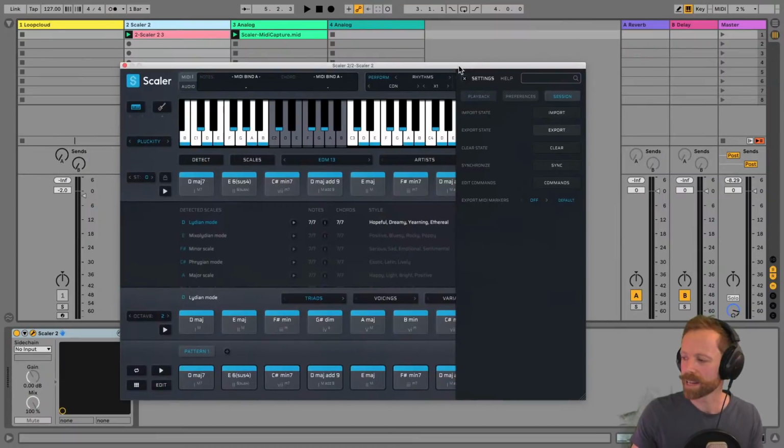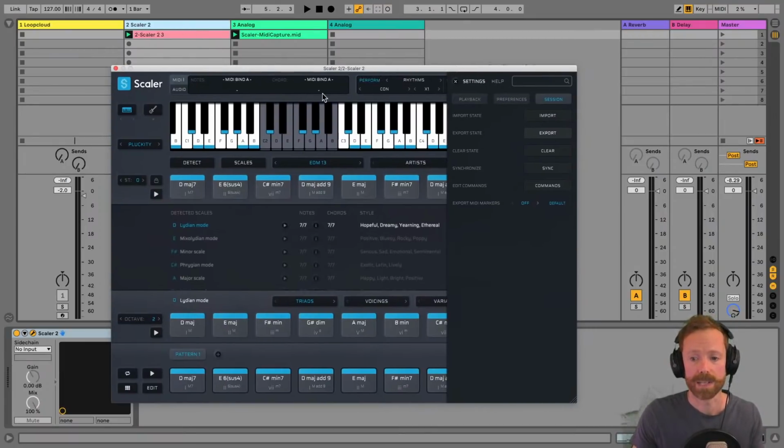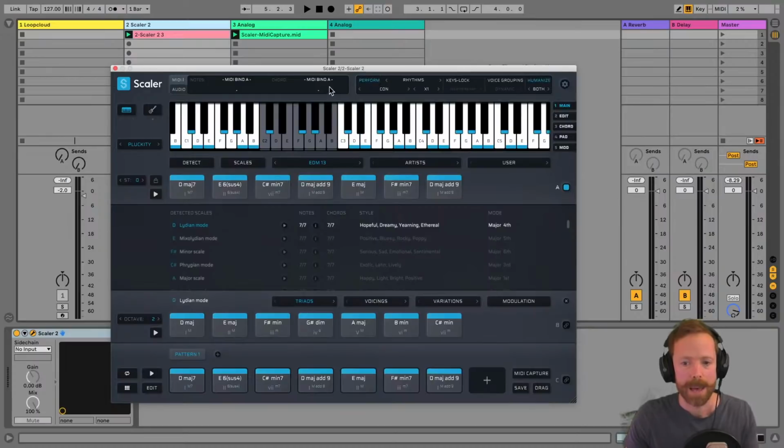Like I said, I guess this is something that's more relevant if you don't have the most powerful computer, and you don't have the ability to have multiple instances of Scalar. I've never had a ton of instances, so I don't know how CPU intensive it is. Maybe Josh can let us know. But yeah, now you've saved that, you can always just re-import it back in at a later point if you need to. And in here you can also clear. So that's another option if you just want to completely reset, and we might do that in a bit. First of all, though, we're going to go to our bass line.